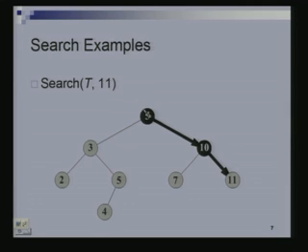So, I come to the root, I compare 11 to the key sitting here, which is 5, right. 11 is larger than 5. So, the search property says that 11 has to be in the right subtree. Yeah, that was the search property. Keys which are larger than here will be in the right, keys which are smaller will be in the left. So, we go to the right subtree and compare 11 with this, and 11 is larger than 10. So, once again if it is there at all in the tree, it has to be in the right subtree, and so we go to the right subtree and compare 11 with this and we find 11 here. So, we are done, we have found 11.